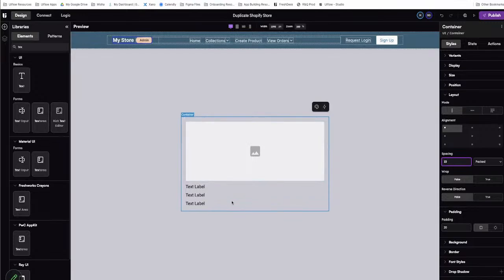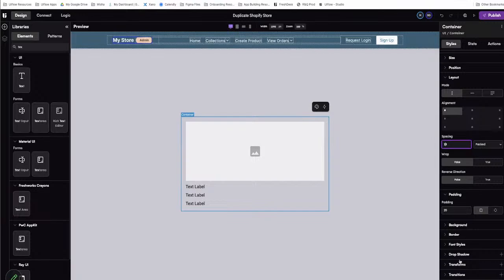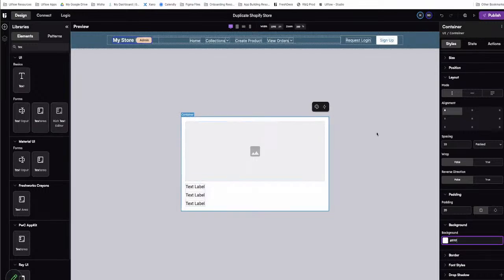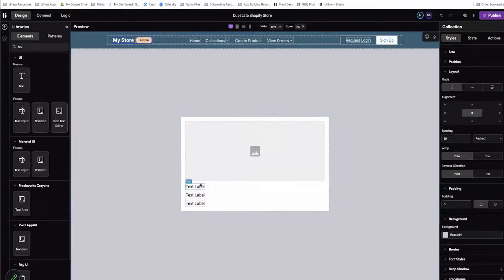And so this is just a very basic kind of card. So a specific product card, and I'm going to add a background here. Great,